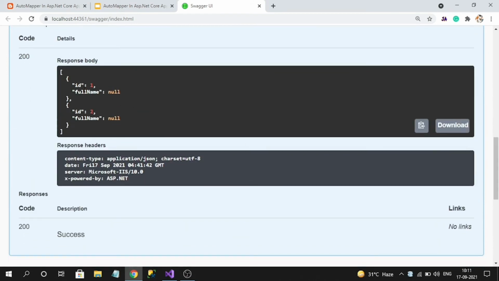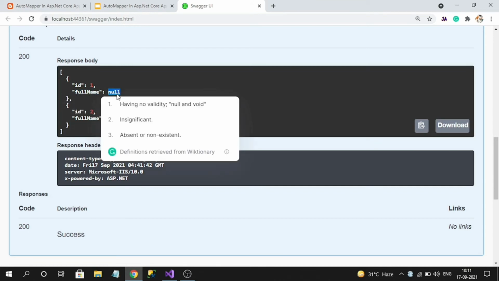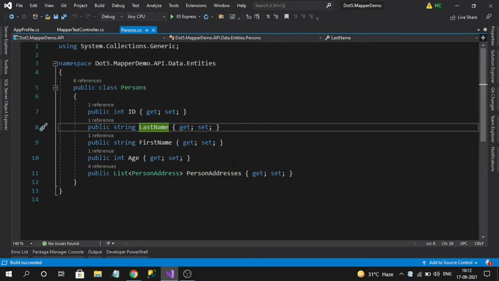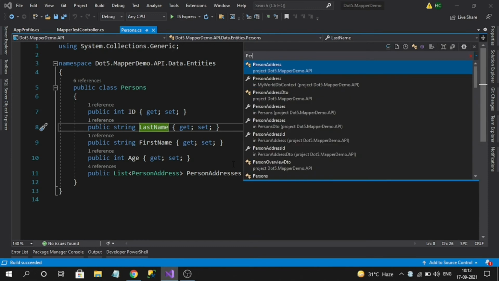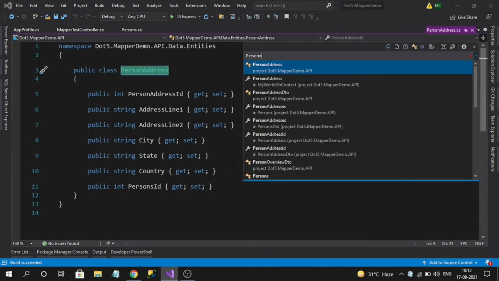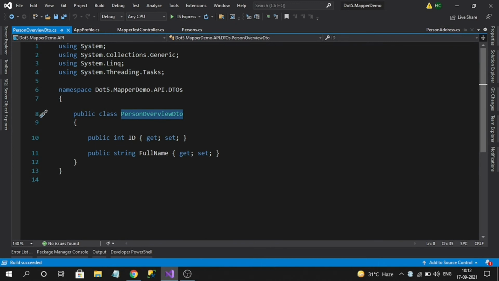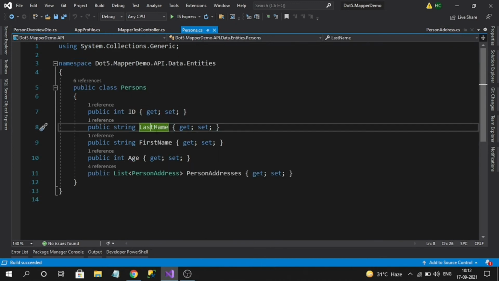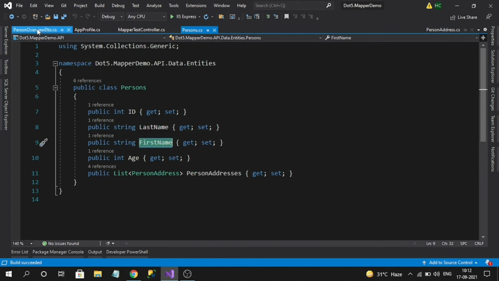See here. So in the source and destination, matching columns are only ID. So we are getting data. But in the source, there is no full name, right? So it is showing default value in the destination. So this person, right? Okay, so here for this full name, what I want to do is I want to combine first name and last name and display it in the output as a full name.